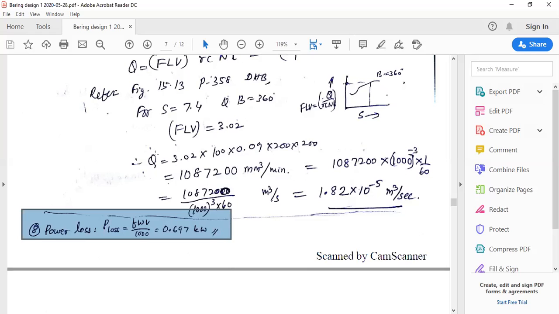So this is the problem that I wanted to discuss in today's session. In the next session I will take one more example of a similar kind, and there also we have to make use of the Lingaya data handbook itself. So that we will see in the next session.